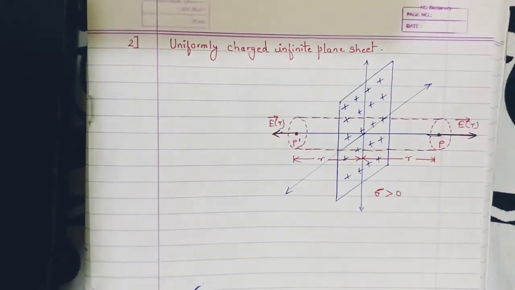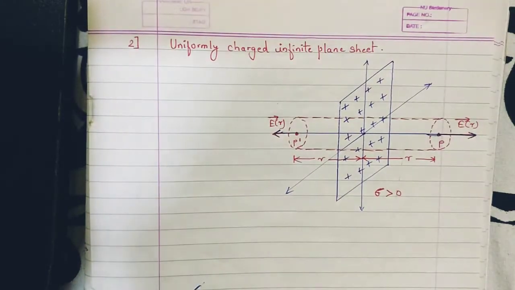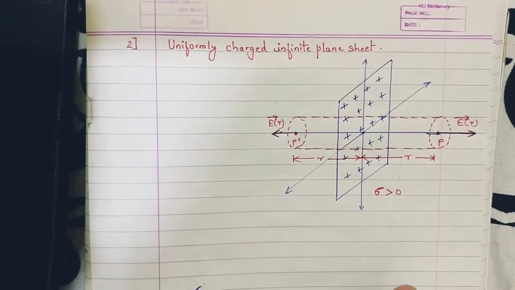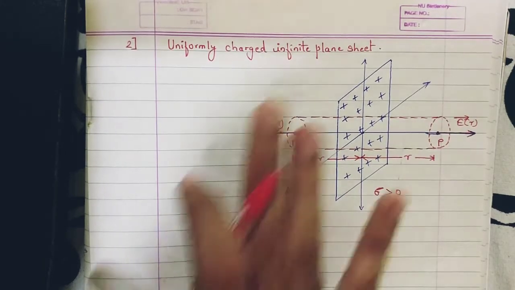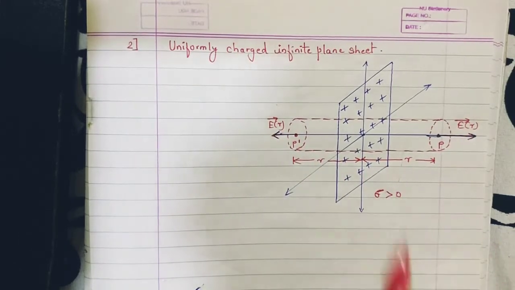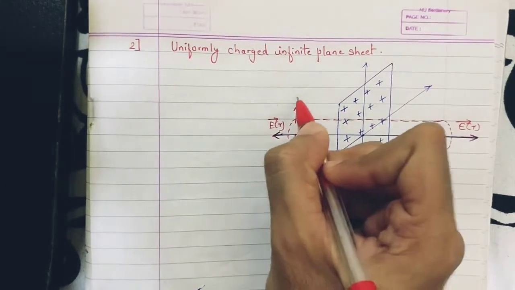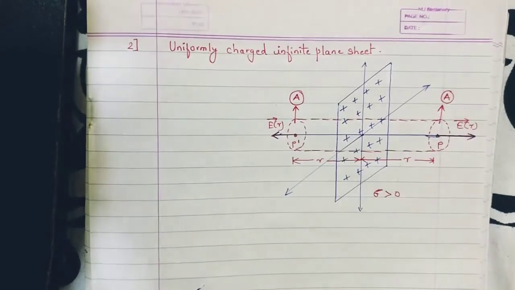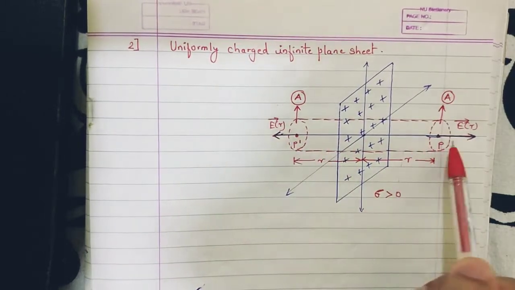Now we are going to take the Gauss theorem, write down the statement, same as the previous derivation, find the flux, find the charge, substitute in the Gauss theorem and get the equation for the electric field. So the steps remain the same. From the symmetry of this problem, the Gaussian surface is a cylinder with a uniform cross-sectional area. Let's say the cross-sectional area on this side is A, and on this side also the area is A. Let's consider PP dash as the axis of this Gaussian surface.